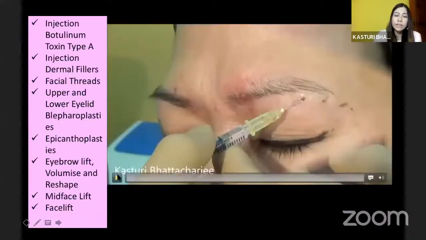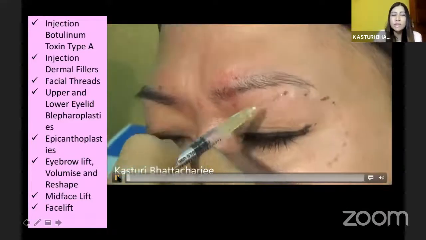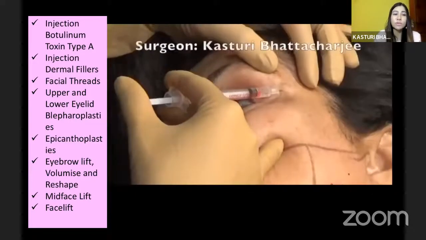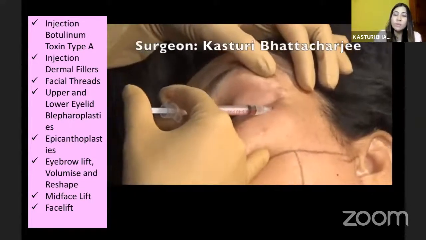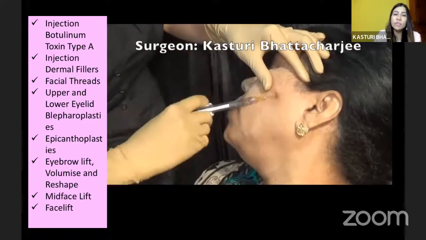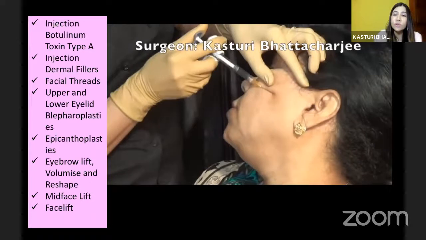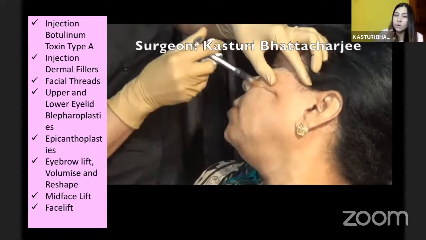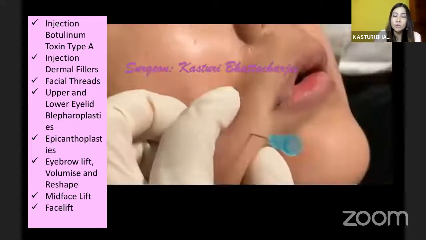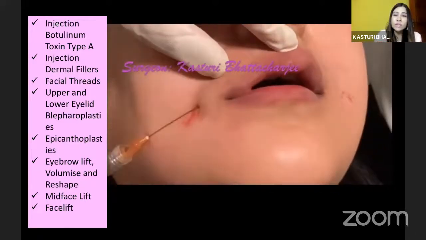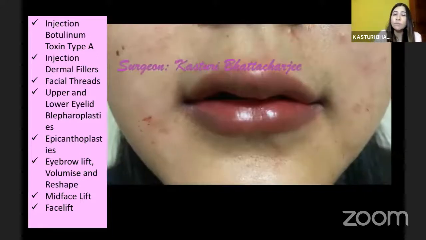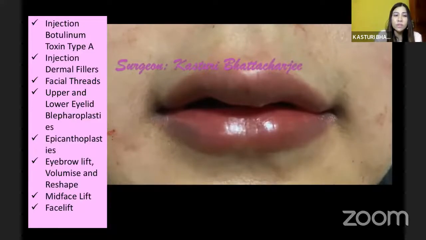perfection. So as a facial aesthetic surgeon, it has been discussed so well, we do multiple aesthetic procedures, which can be in the form of injection botulinum toxin type A, which can be for different indications, like for the crow's feet, for the eyebrow, or for the dermal filler, which can be used for a mid-face lift or your lip augmentation, or a chin augmentation, or the slimming of the face. So there are multiple indications and multiple uses for dermal fillers, and in every situation you might have a problem, but you should know how to have the solution.